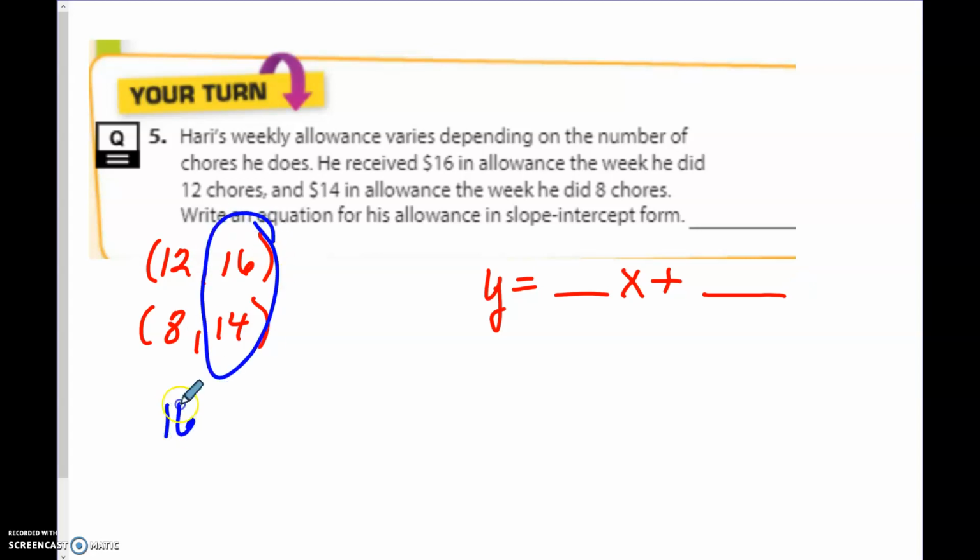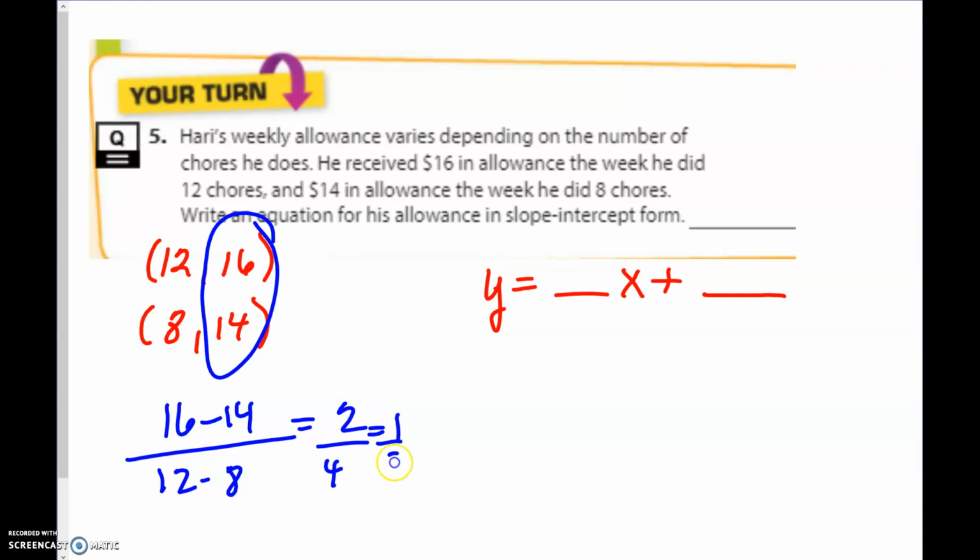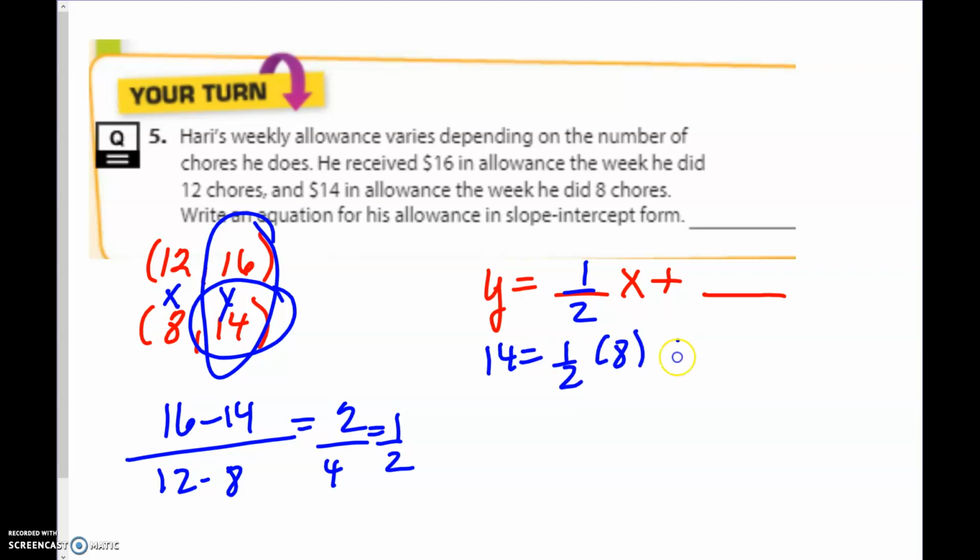So I have 16 minus 14. Remember, your y's go on top, and 12 minus 8. So I have 2 over 4, which reduces to 1/2. So I'm going to put that in here. I'm just going to use this bottom one. So this is x, this is y. Make sure you put y in here. And in place of x, we put your 8, and we're looking for that y-intercept. So 14 equals 4 plus b. Remember, opposite